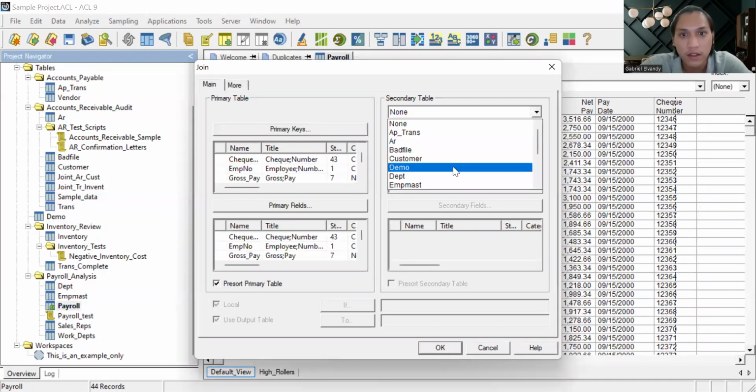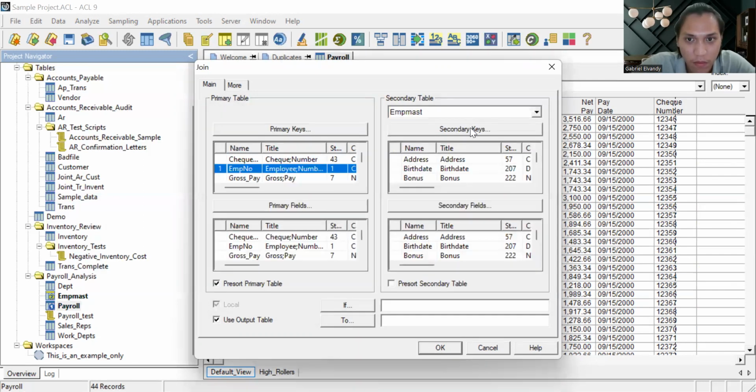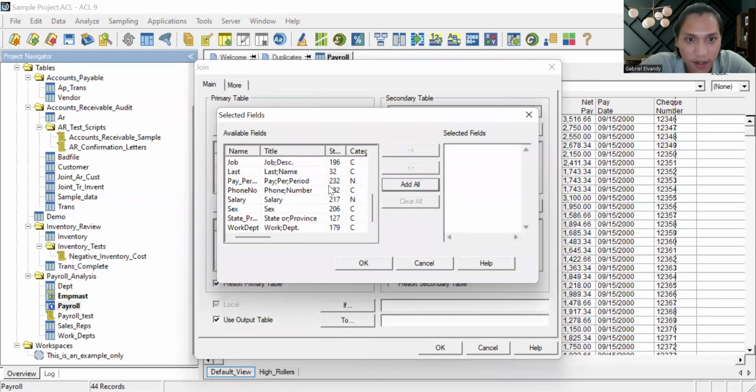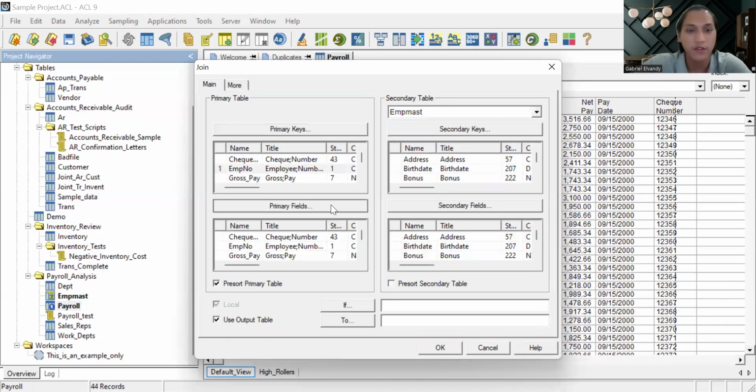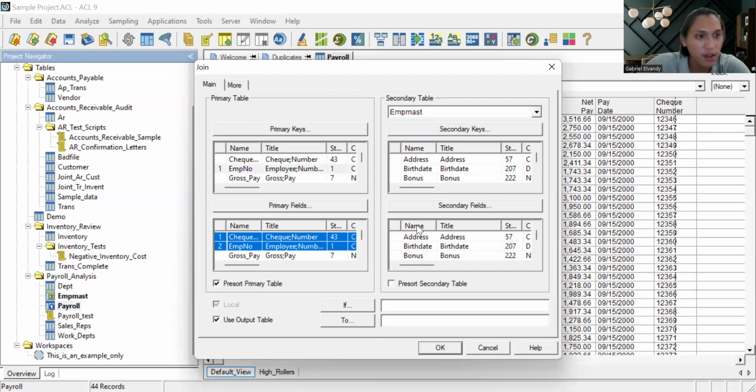So for employee master, the primary keys should be employee number. And then here should be employee number 2, employee number. And then for the primary fields, we just need to present the check number and then the employee number. While for the second one,